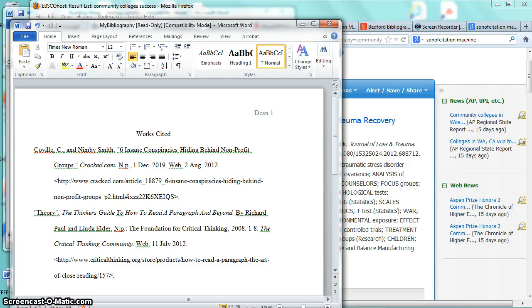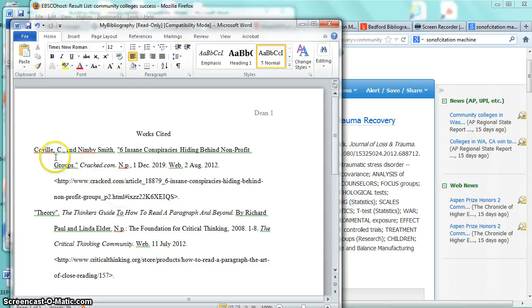Okay, welcome. I want to show you how to create a works cited page as you go, as you're doing research. Do not leave this piece of your research and writing to the last minute. It is really difficult to create a well-designed works cited page at the last minute. You need to do it as you go. Okay, so this is what a works cited page will look like for an essay that just has two sources